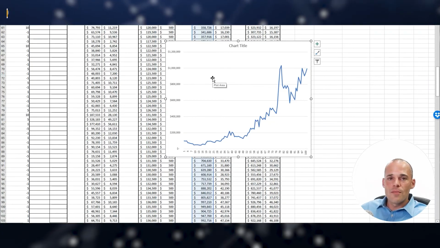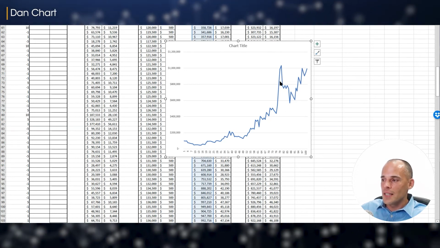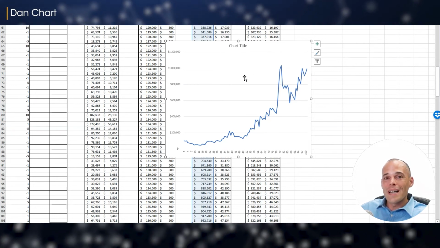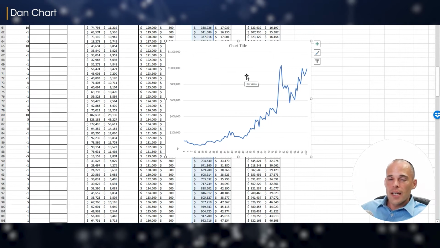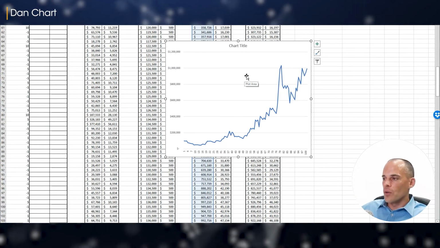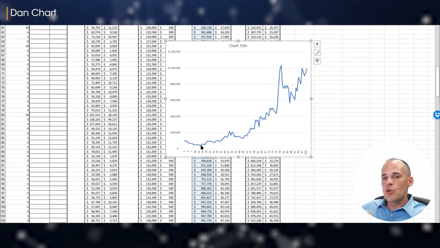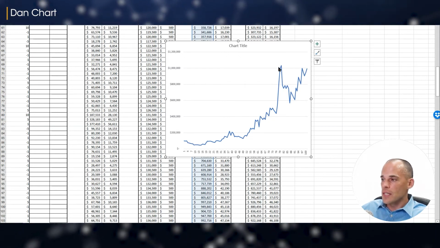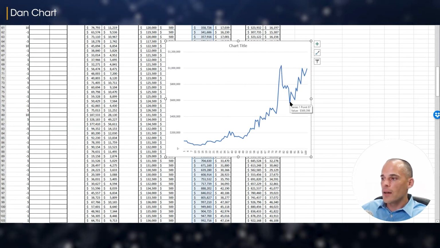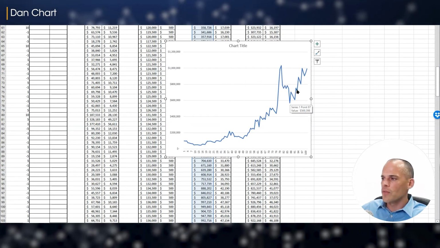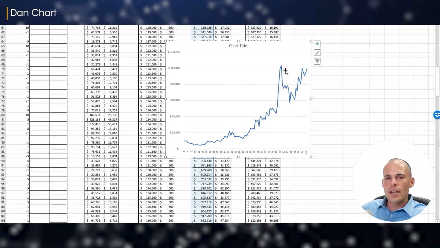So as you can see from Dan's chart, he's had quite a bit of volatility, but overall he has grown quite significantly. He's kind of the winner in terms of the sheer growth of the portfolio and made the most money. The problem with his portfolio is it's prone to significant drawdowns. As you can tell, it got all the way up here, then crashed down quite a bit, lost over 40% of its portfolio, and then back up. That's a pretty volatile portfolio.